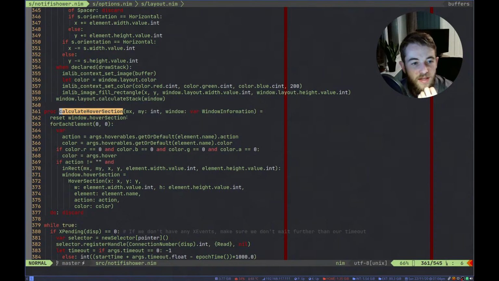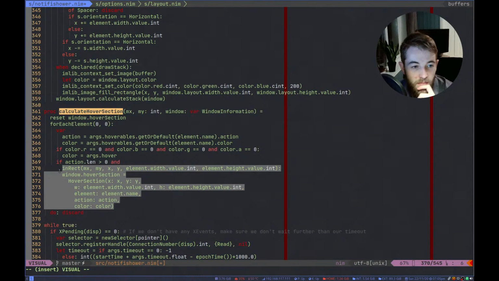Yeah, so we reset the hover section, then for each element, the same thing that we did before, get or default the action and the color. If action is not blank, I'm actually going to change this to action.length is greater than 0, and we're in the rectangle made by this, then set the hover section to this thing.